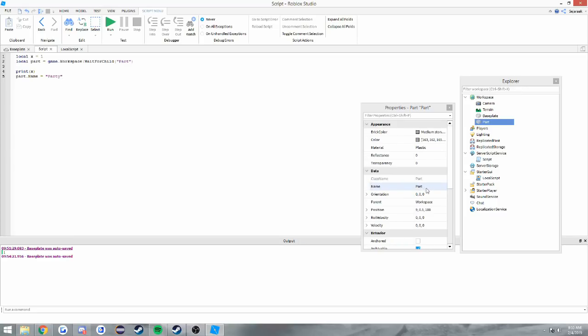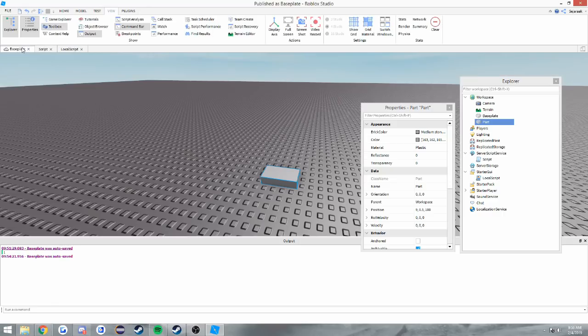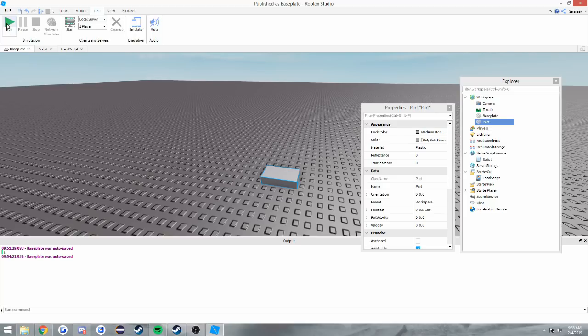This is important. You need to know the data type of the property that you're trying to change. Don't worry too much about that. It will become second nature as you go on, and the Studio has an anti-bug feature where it will tell you what kind of value is expected. So if we say, I'll show you right now, if we say party and we don't call it a string, and we say run,